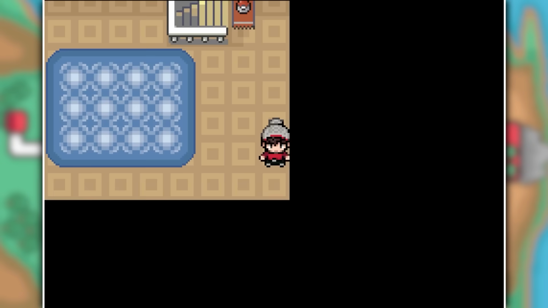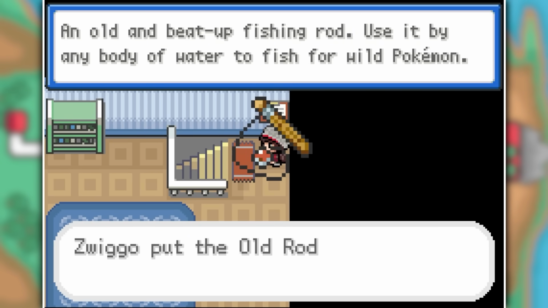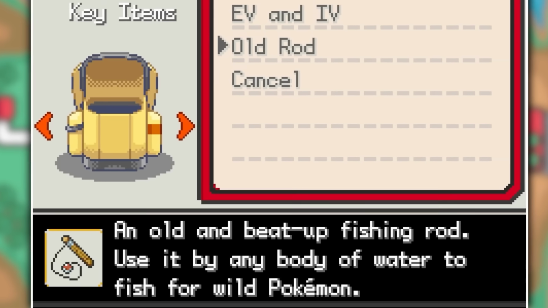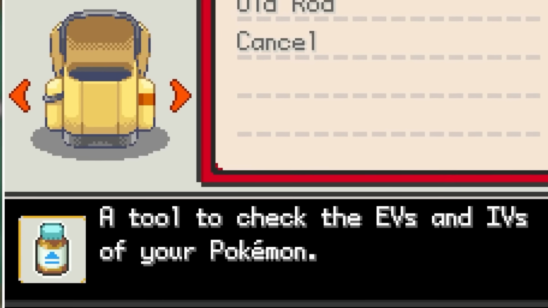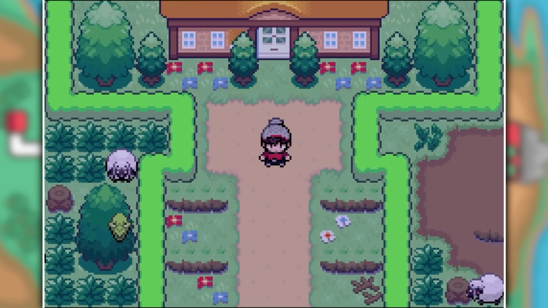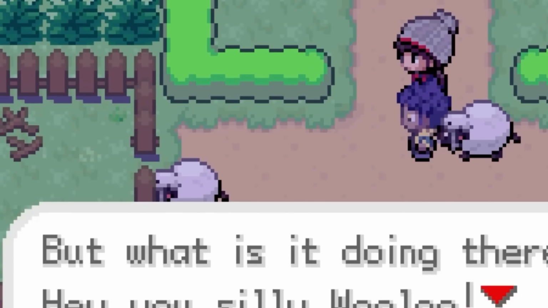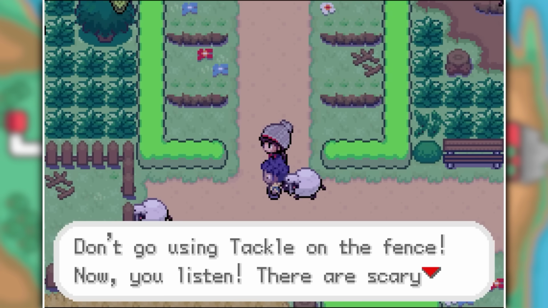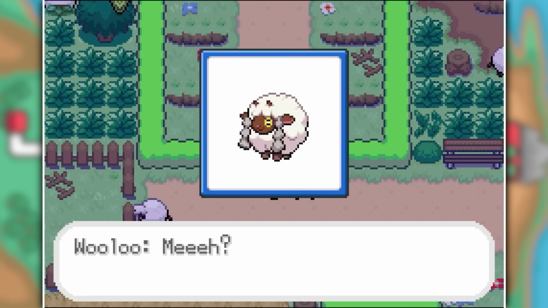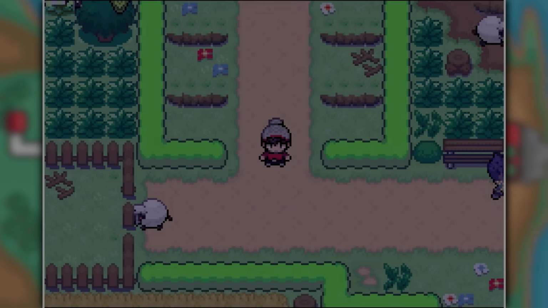We're sitting in our room, and the moment you head downstairs, you get free EV items as well as an old rod. These immediately unlock fishing and checking your Pokemon's IVs and EVs for you. As we head outside, we run into Hop and his Wooloo. He's our childhood friend, but just before we can start talking to each other, we hear a noise coming from the left of us. It's a weird looking Wooloo that's trying to get into this fenced off area. We disregard it as being just a little bit silly, and then we start walking down the road together